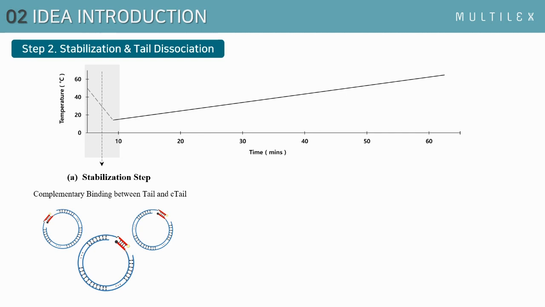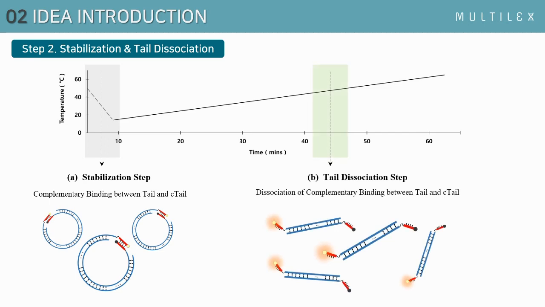You cannot see the signal in this time. Take a look at B, tail dissociation step. After A step, we slowly increase the temperature of the tube at the rate of about 1 per minute. In the process, the ring-like shape of the amplicon goes back to the linear-like shape and starts emitting the fluorescence